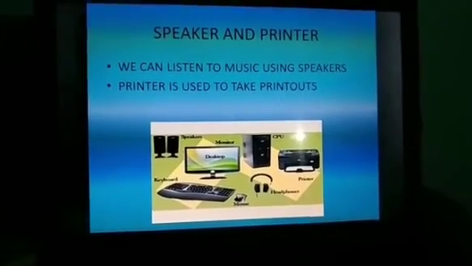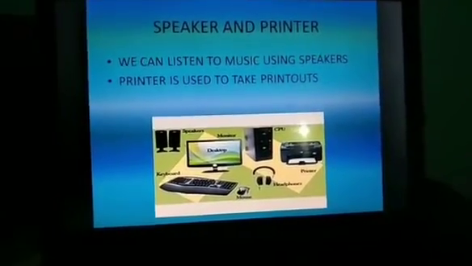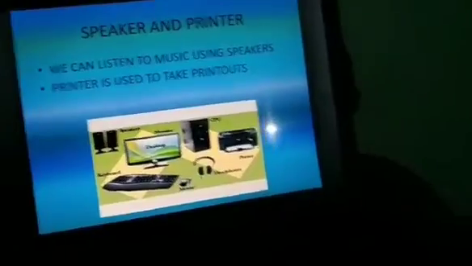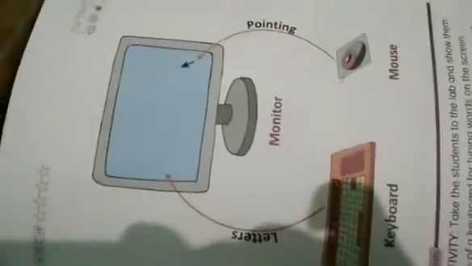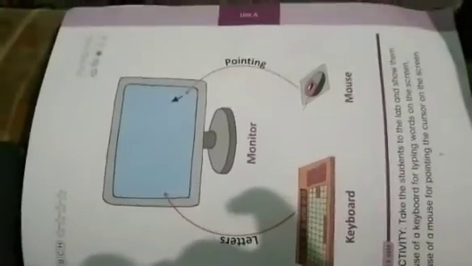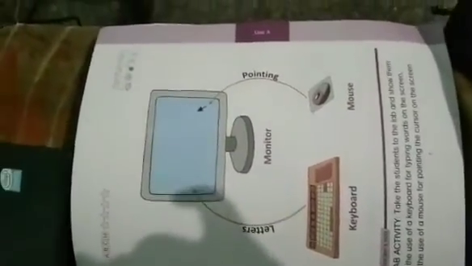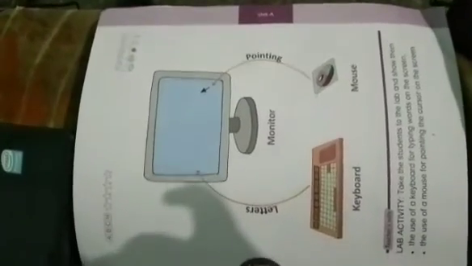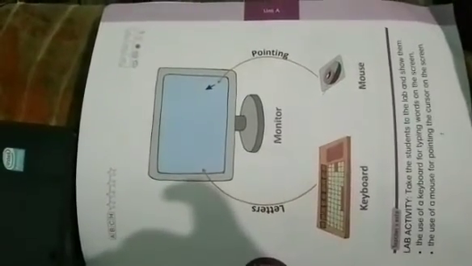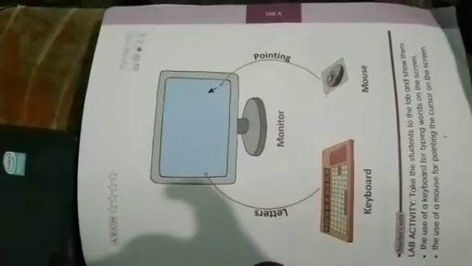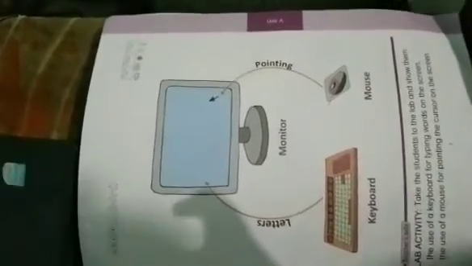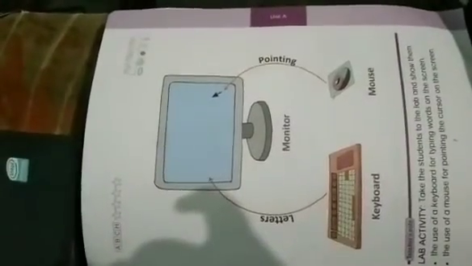Got it, children? See, now open your textbook and open page number 7, where you have module 4. What do we have here? We have a monitor, a keyboard, and a mouse.